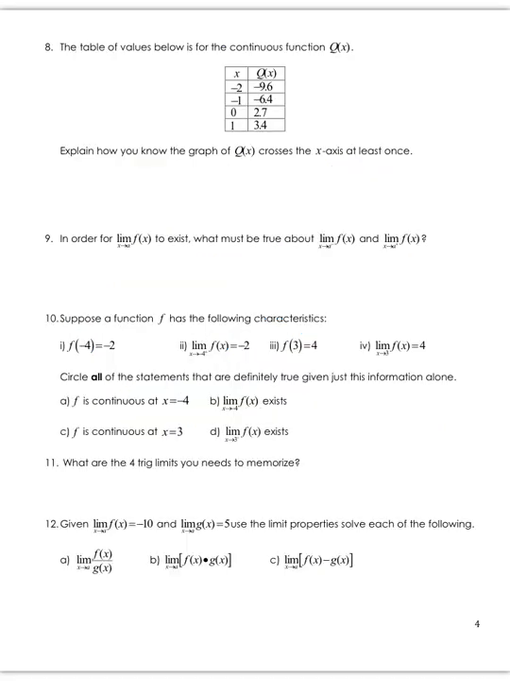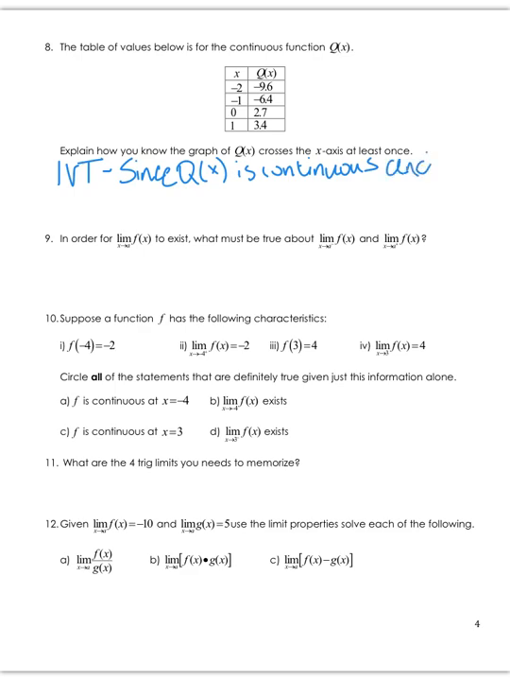All right, last page. Number 8, the table of values below is for the continuous function q of x. Explain how you know the graph of q of x crosses the x-axis at least once. Okay, the reason for this is the intermediate value theorem, which you can abbreviate IVT. You do need to say something about q of x being continuous. So I'm saying since q of x is continuous